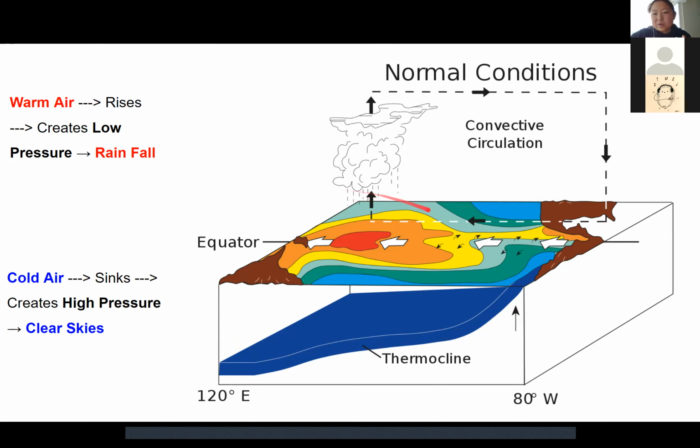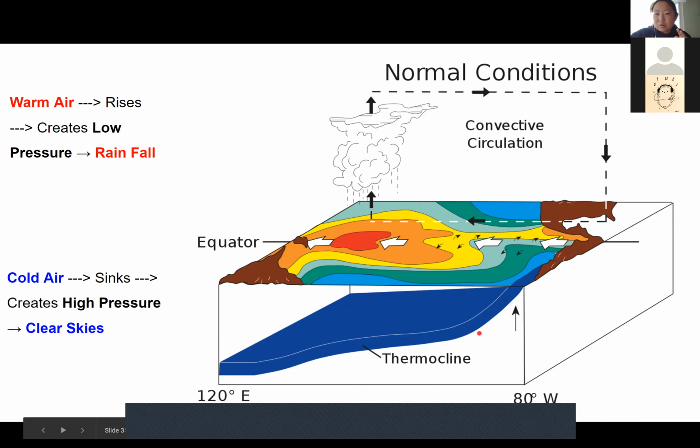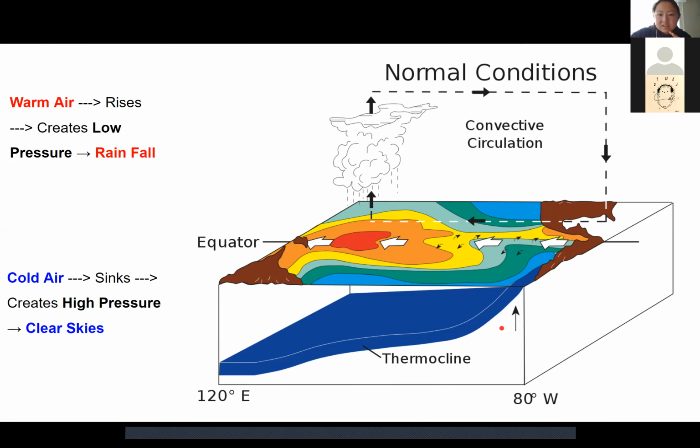Okay, so that's like a normal year. And so obviously there's going to be colder air over here, colder water, so colder air. So there's more clear skies. Does that make sense in a normal year, Richard? Yeah, that makes sense. Okay, so then Caitlin, do you want to try to explain